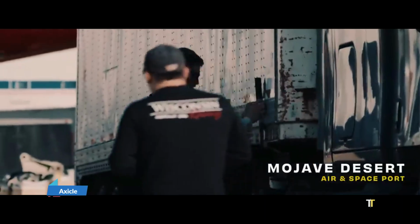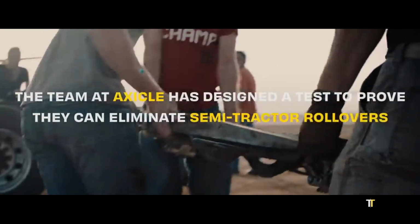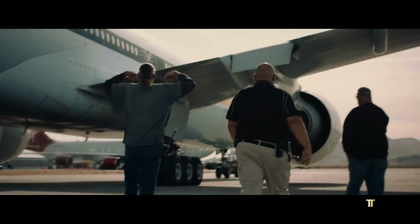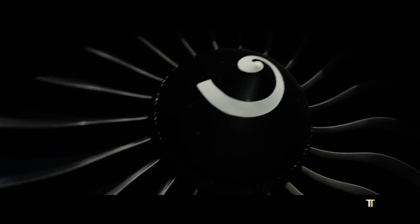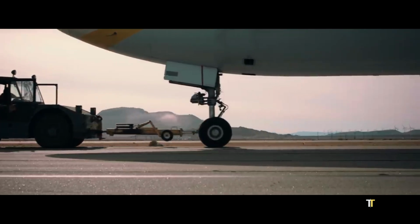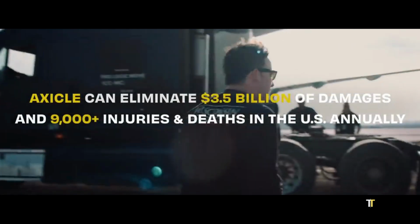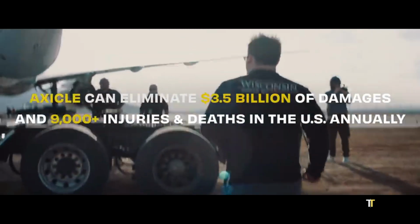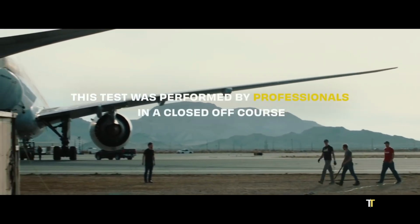Axical is a safety innovation designed to protect truck drivers during severe accidents. Using advanced sensor technology, it detects rollovers and automatically separates the cab from the trailer to minimize crushing forces. This life-saving system is built with precision engineering, ensuring fast response times and reliable performance under extreme stress. Axical represents a major leap in commercial vehicle safety, offering drivers peace of mind while reducing fatalities in one of